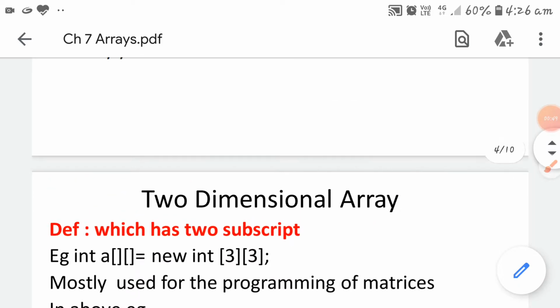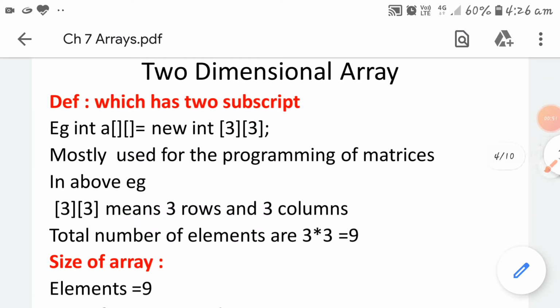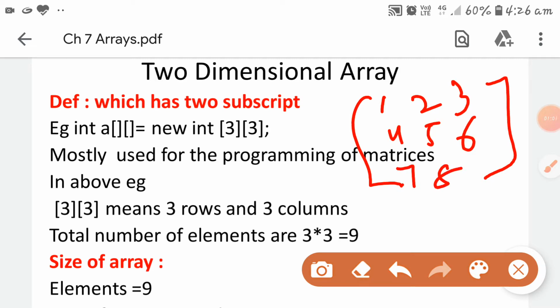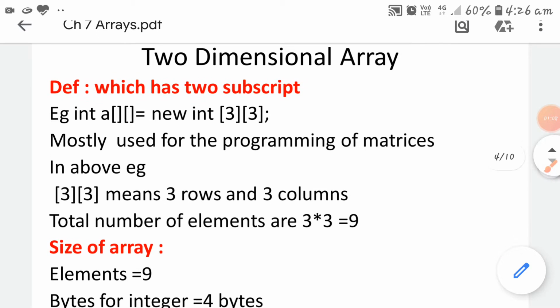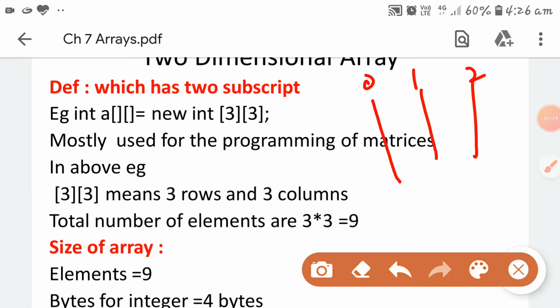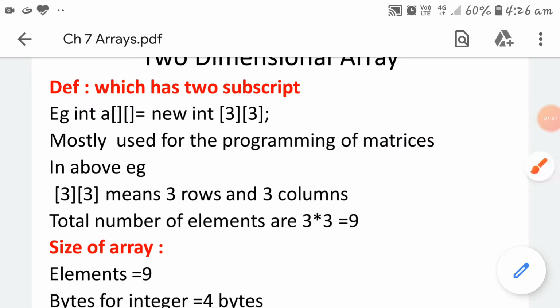In your math you will do the sums which are related with the matrix. So a matrix is like this. These are the elements of a matrix and the name of the matrix is A. It has 3 rows, 0 row, first row, second row, and 3 columns, 0 column, first column, second column.